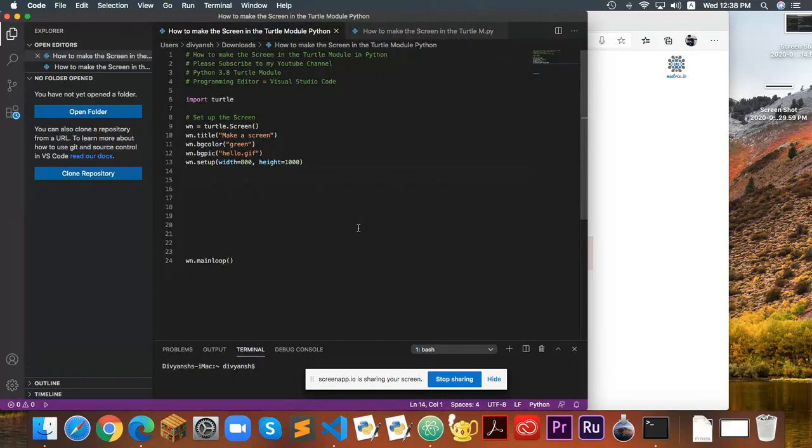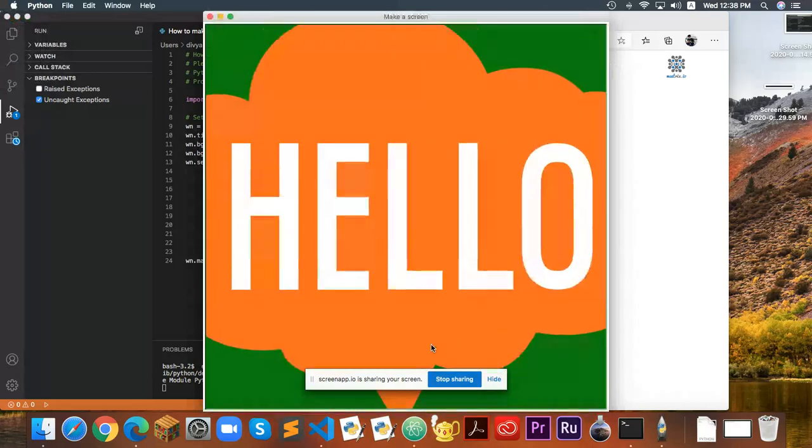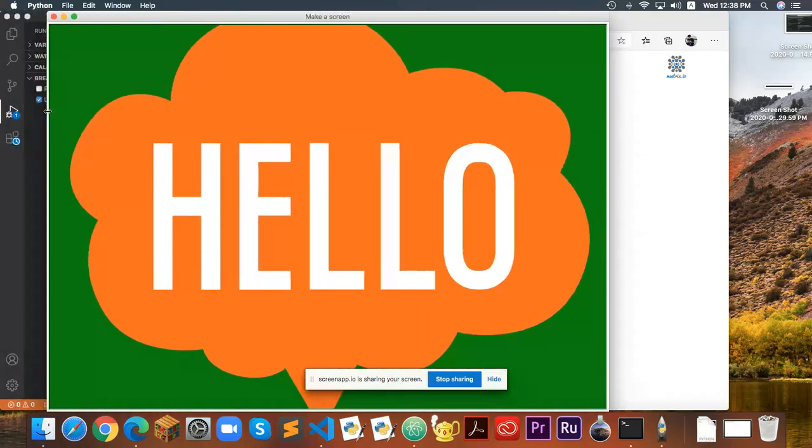F5. Second, my computer's really slow today. There you go. Okay. It shows the picture that I've chosen, the background color. It shows a title, and